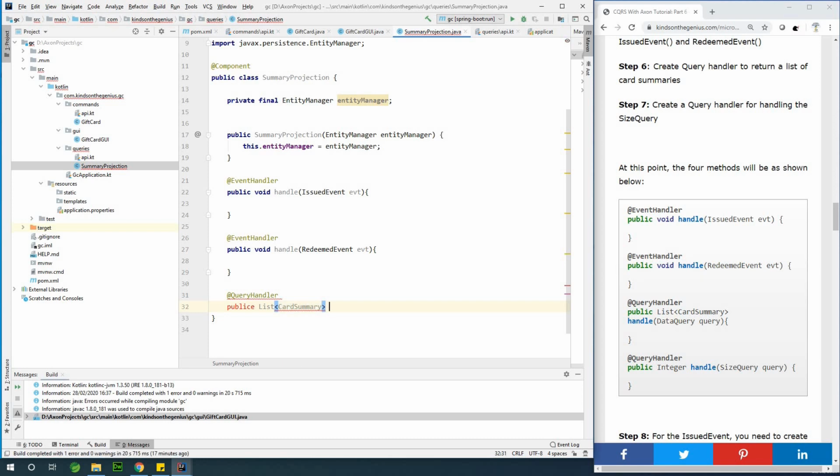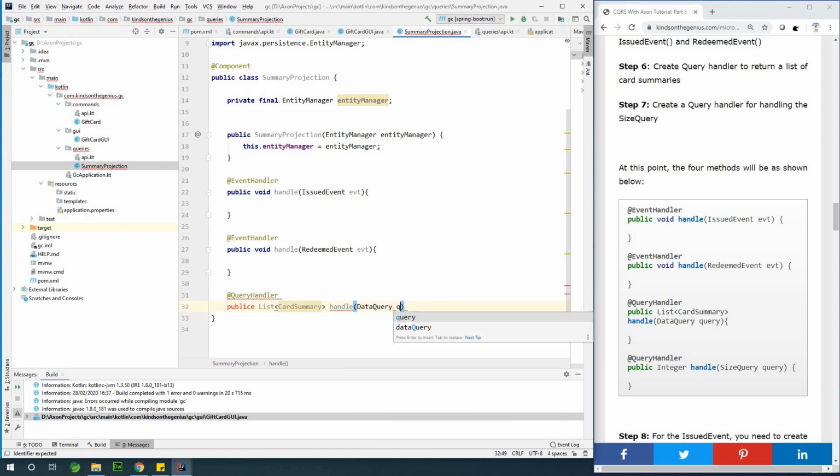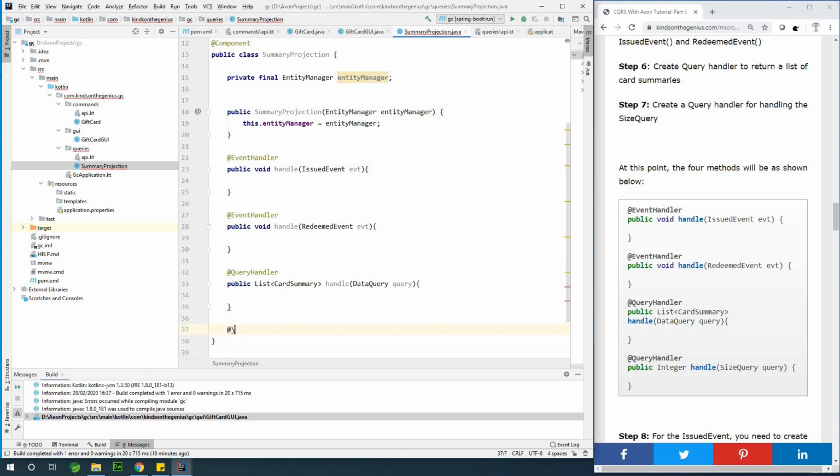Okay, so handle data query. All right. Let me see. So okay, we have a typo right here. Sorry for this. So we import this class. That is fine. And the next query handler is going to be